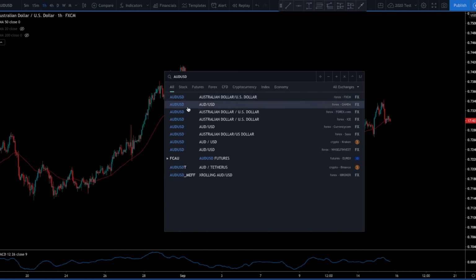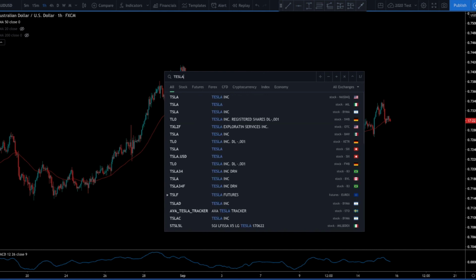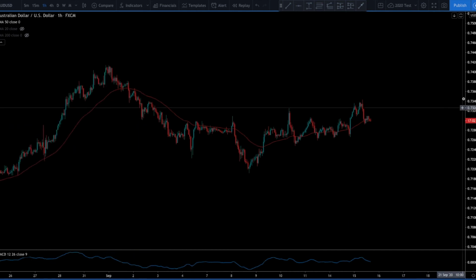But when you're going through and selecting different pairs, I just wanted to clarify what all these different data feeds are, or exchanges, which they're not exchanges. If you're on a stock, it's going to tell you that Tesla's on the NASDAQ exchange, where, again, in currency markets, there's not a central exchange, whereas Tesla, you can only trade it on the NASDAQ. But anyways, I hope that clears up